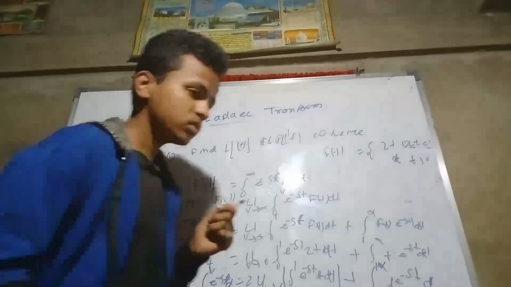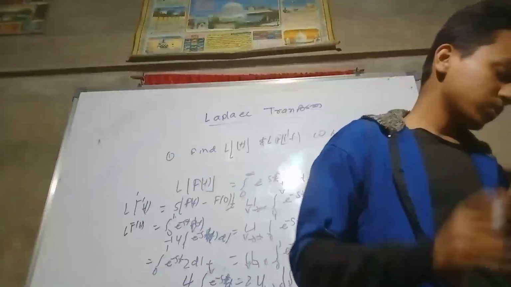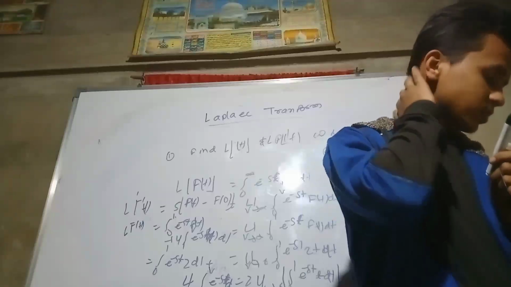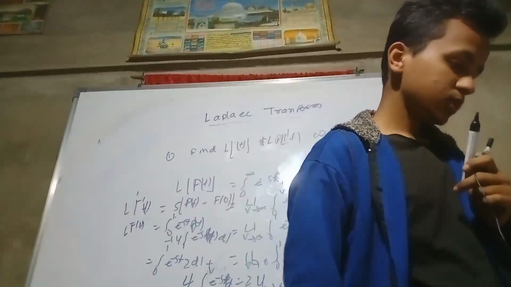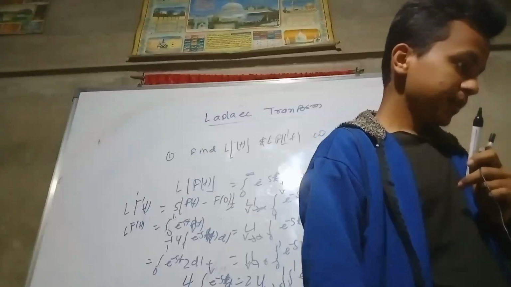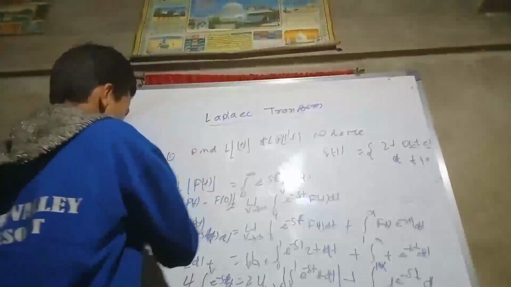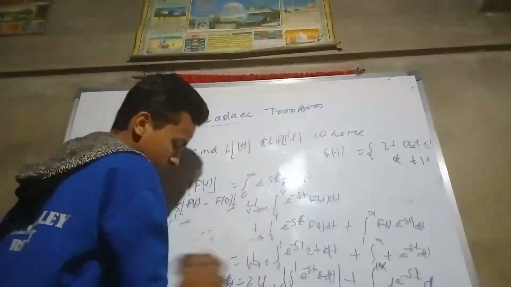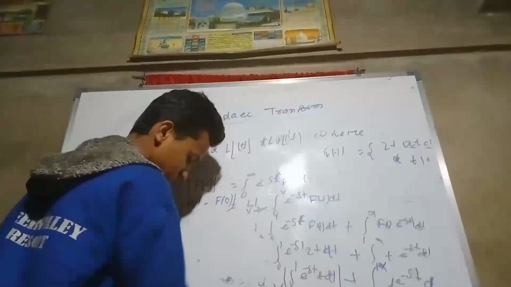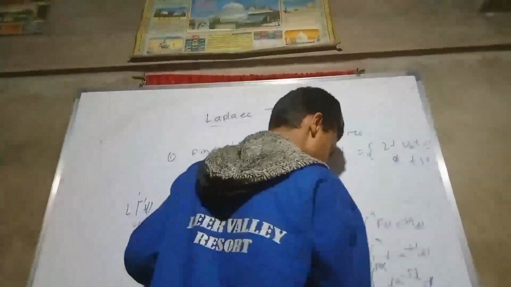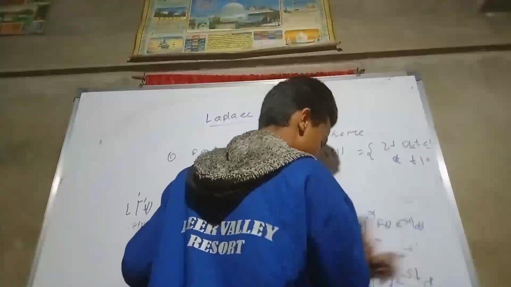So after that you can find it, there is nothing. So we have done the question. Now you can make it easy. You can solve the problem. I hope you were able to understand how to find the Laplace transform. Now we are going to know the concept of